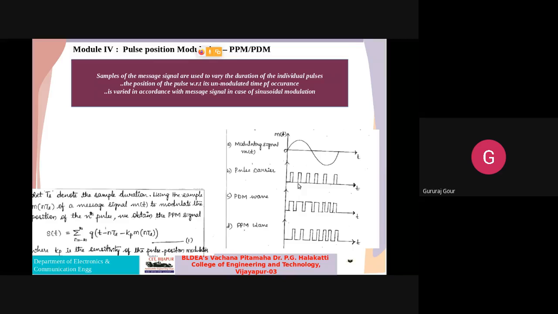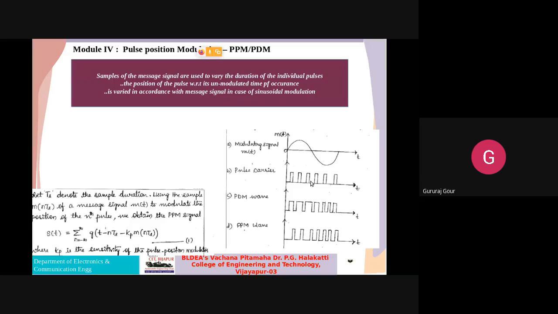Before modulation, all the pulses of the carrier have the same width and the same height. So we have to vary either its width, which is known as the duration, according to the amplitude variation of the modulating signal,